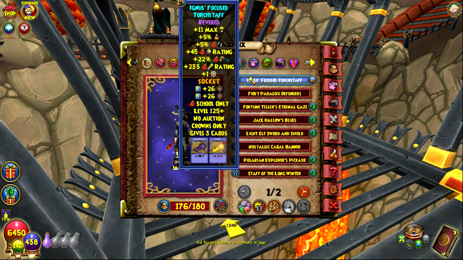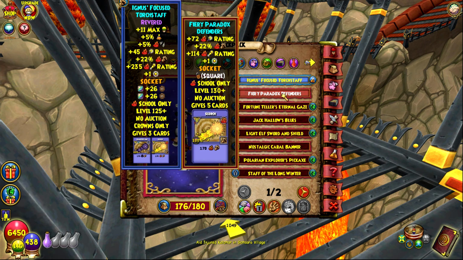For the wand, this is obviously for the damage set. I am using the Ignis's Focus Torch Staff. I don't think there's a wand that gives more damage than this in the game, like 23%. I think this is the max, yeah. So basically, for the most damage and the best stats, I'm pretty sure, yeah, okay, so this gives a little